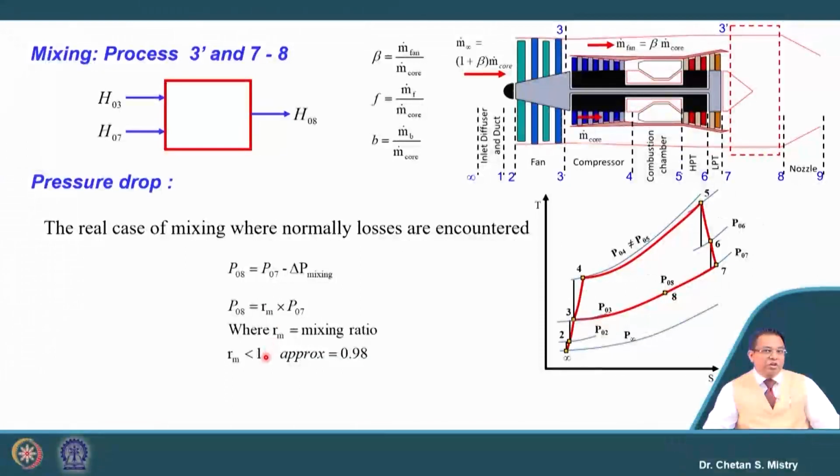It says that it needs to be less than 1. Conventionally, people accept that number as 0.98. So there will be a 2% drop; that is what is happening in this mixing process. If you recall, when you studied your basic thermodynamics course, when we were discussing, say,